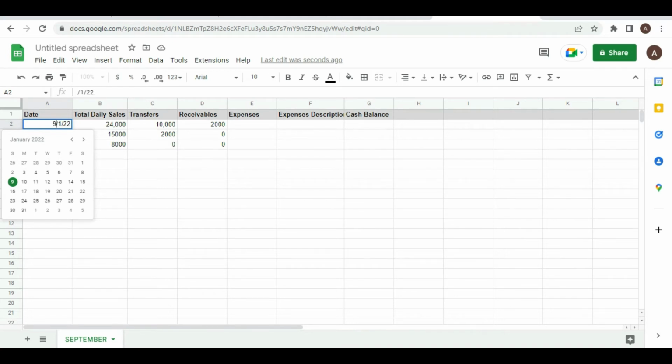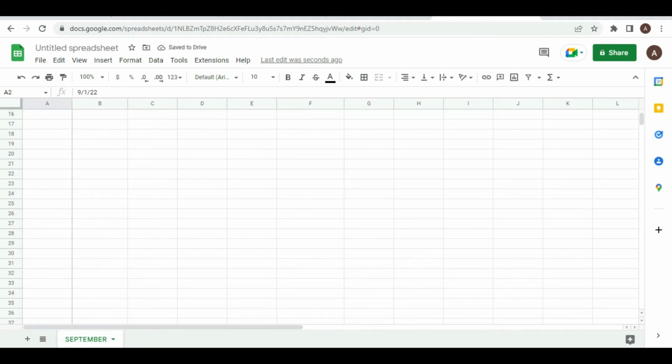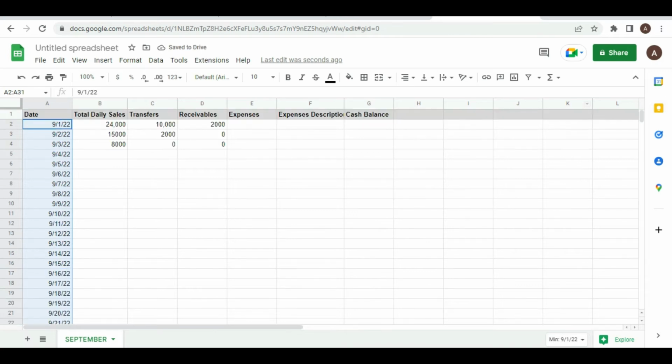So we're good. The date format is the month first, the date follows, and then the year. If you drag down this, it automatically brings out all the dates, so you don't have to keep typing them one by one.